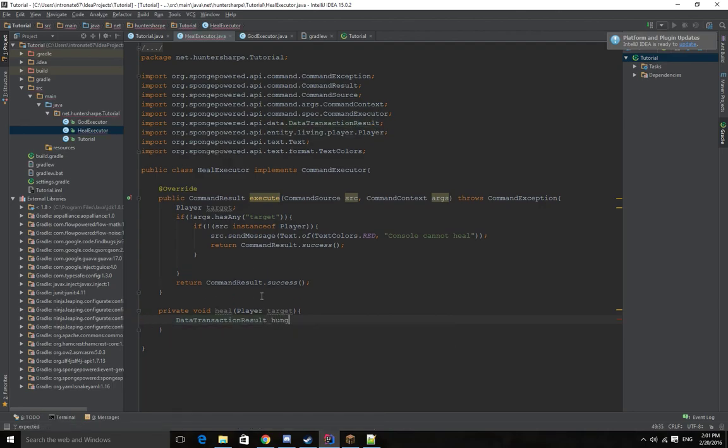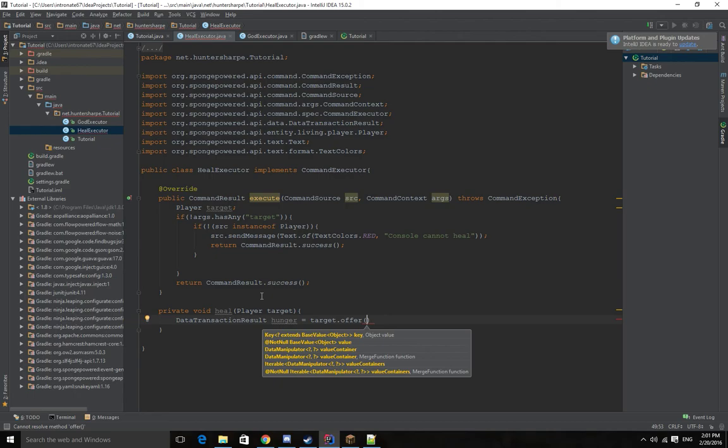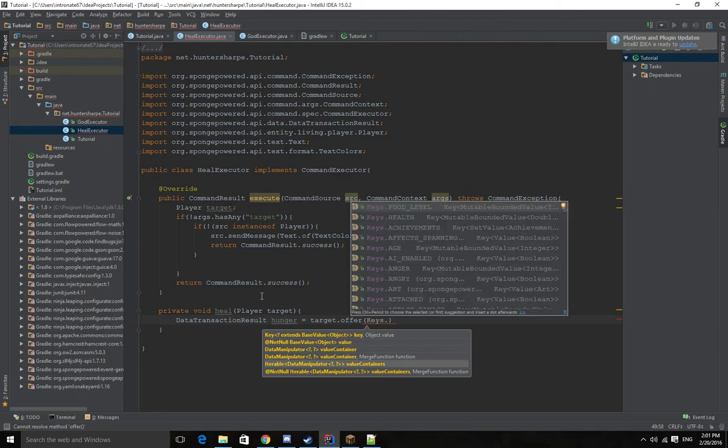I'll just do this hunger equals target.offer, and this is the base value, and keys is a cool thing that Sponge has. There's a ton of them here. Like there's can fly, which is how you set slash fly commands, stuff like that. It's a later video, but what we want to do is health,